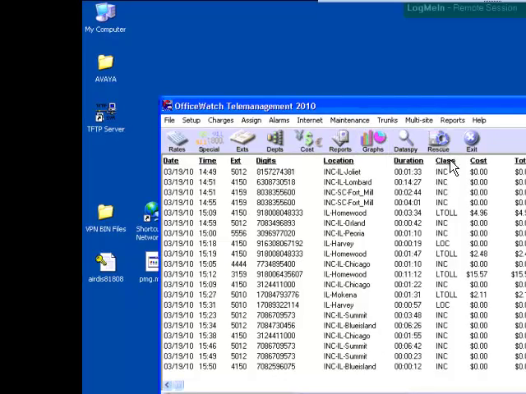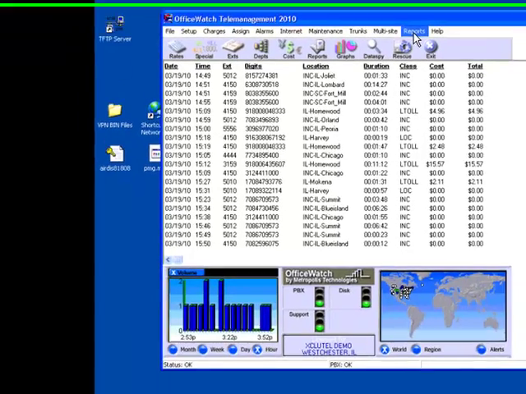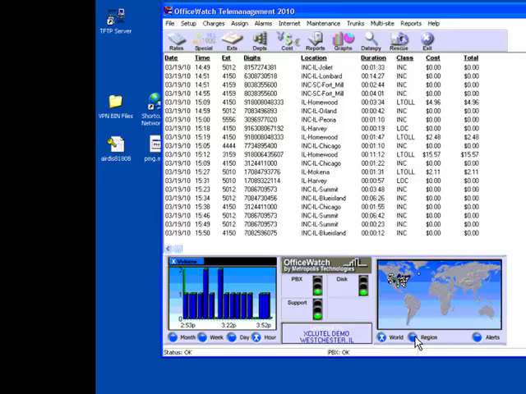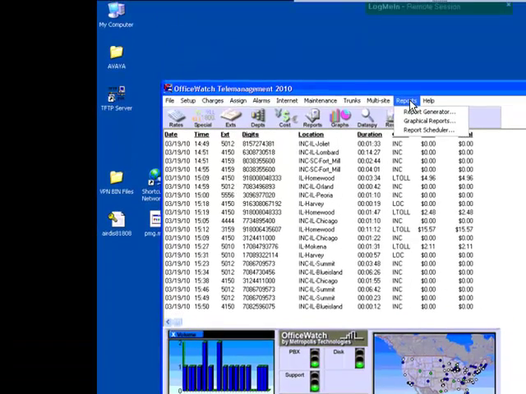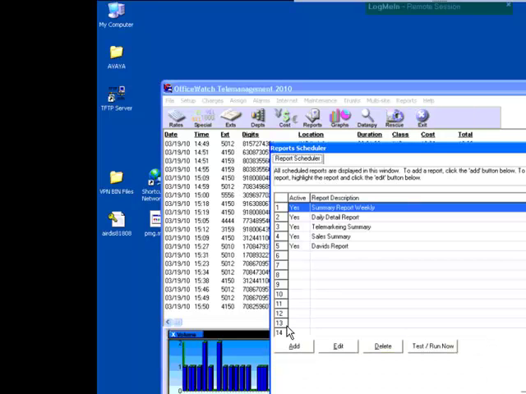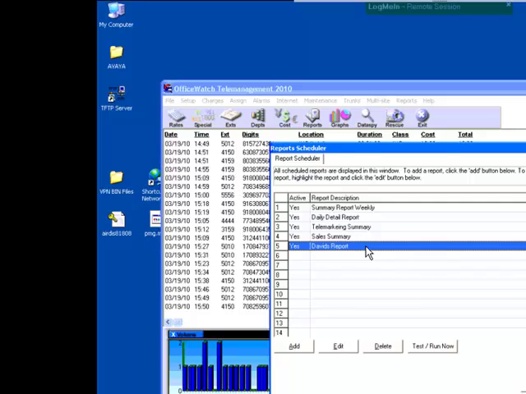The other function we are going to look at here is the scheduling of reports. This interface is remarkably similar to the one on the web page. Here you see we can actually drill into the map by region to get more detail on the calls. Remember, the colored dots represent departments. But I can go up here to Reports and select Report Scheduler. This will allow me to either edit existing reports that are scheduled or to add new ones. If I look at an existing report,